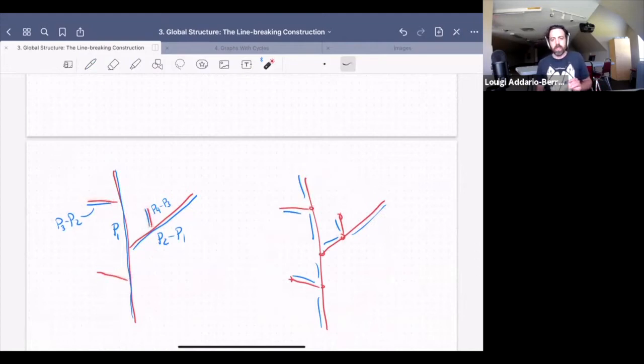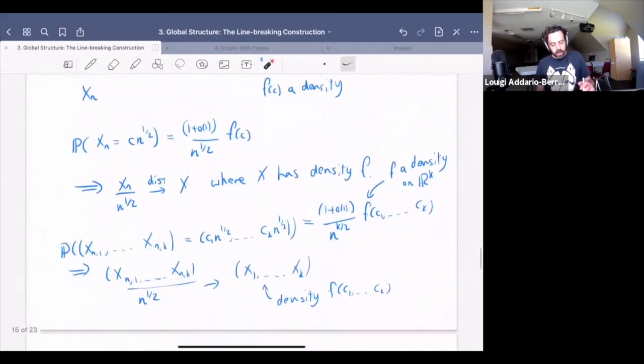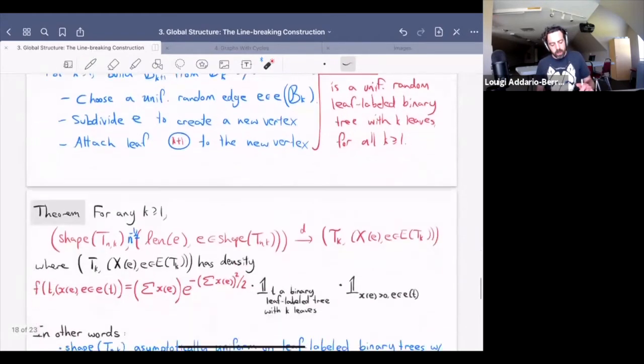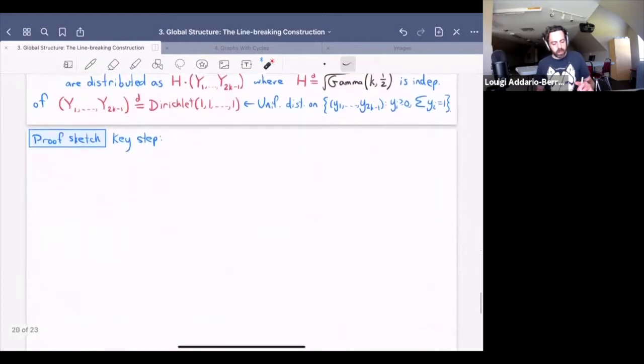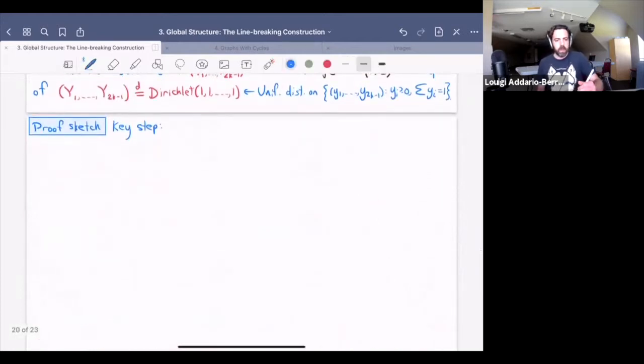How these attachment locations behave. That's really the key missing ingredient in order to understand the whole distributional convergence in that somewhat wordy theorem. So if we write J_i for the index of the attachment point of the ith branch,